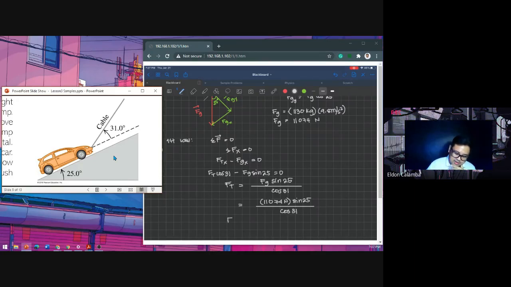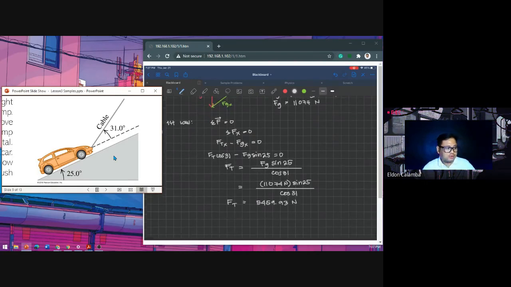So FT is 5,459.93 newtons. Or I'll go to the significant figures of my given, and that is